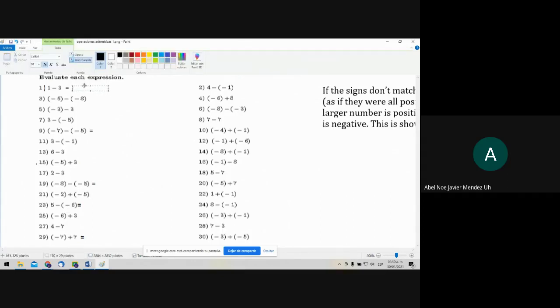Okay, in the first operation we have an addition. Okay, the rule that we learned in this occasion said in this case that I need to change this subtraction into an addition. Okay, 1